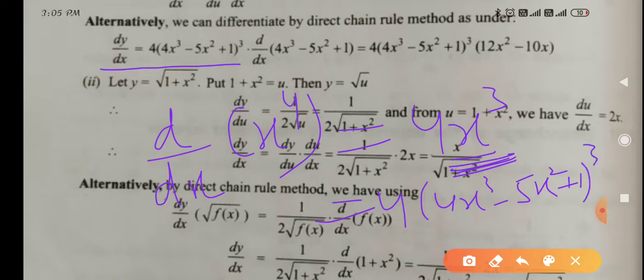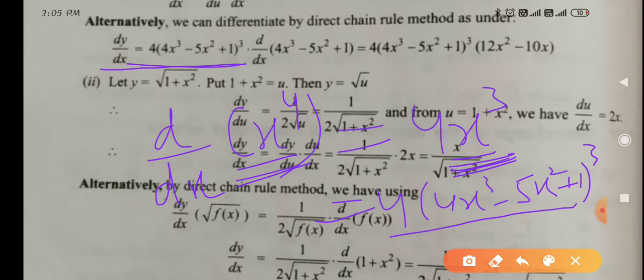I told you, you don't have to write x, you have to suppose it in the mind. I am writing here to explain to you only. To explain to you, I am writing here x to the power 4. But you don't have to write, you have to suppose this is x and its power 4 is given. So 4x to the power 3. So that's why they are giving the direct step 4x to the power 3.